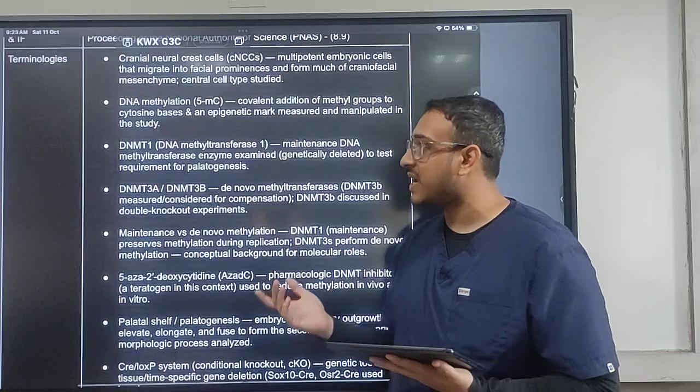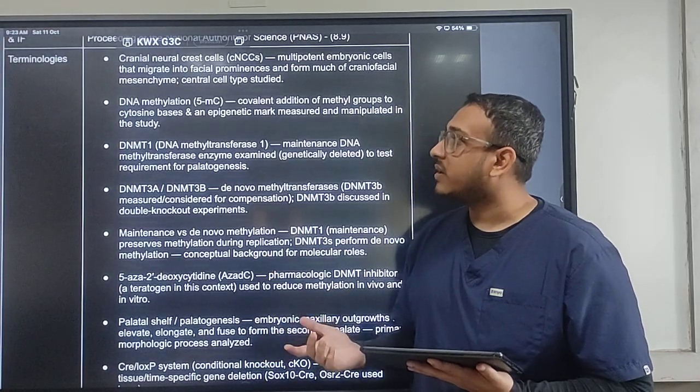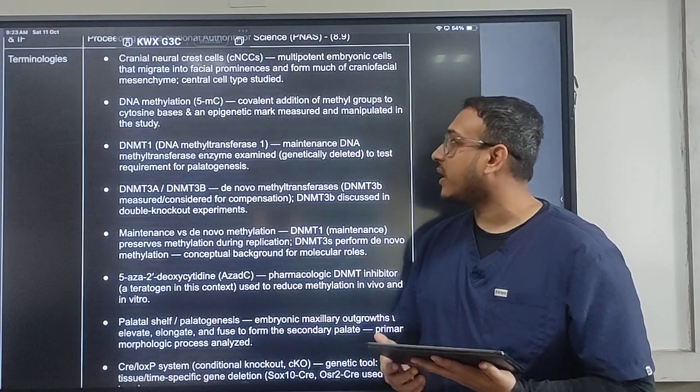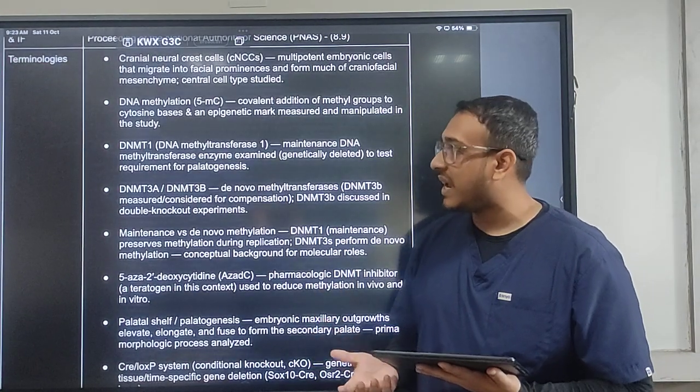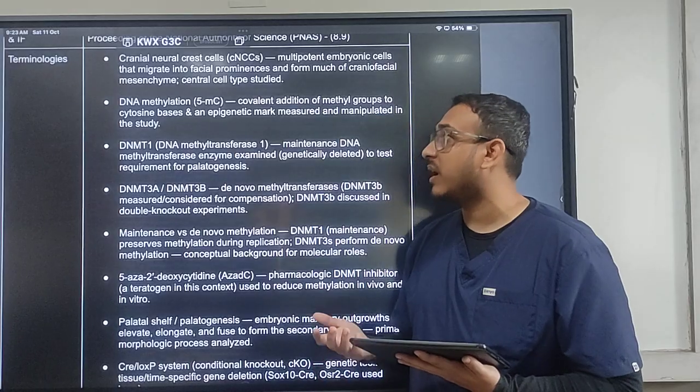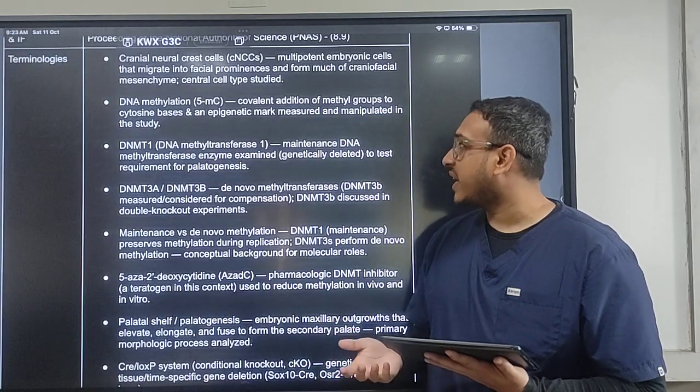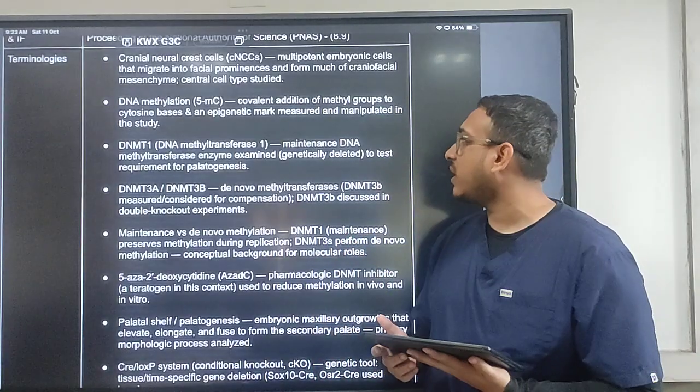DNMT1, that is DNA methyltransferase 1, a maintenance DNA methyltransferase enzyme, was examined and genetically deleted in this study,